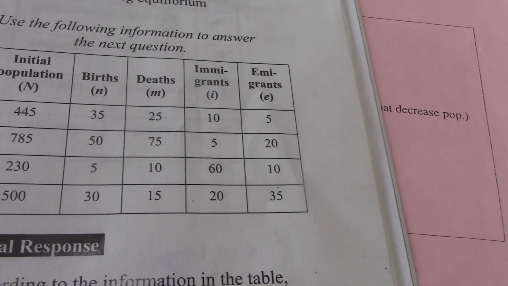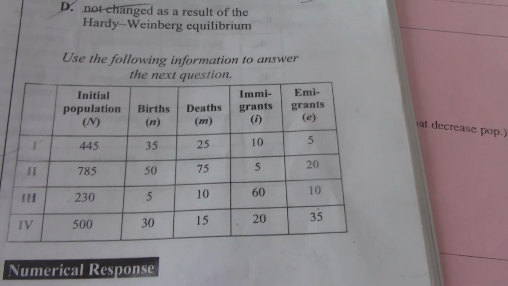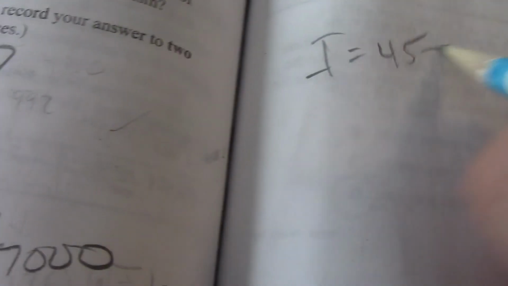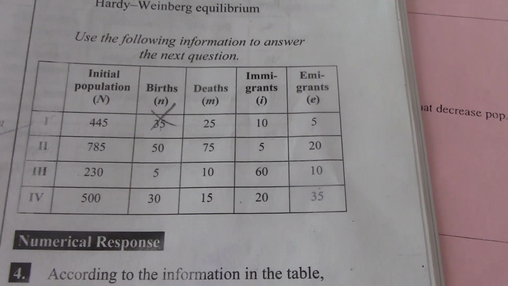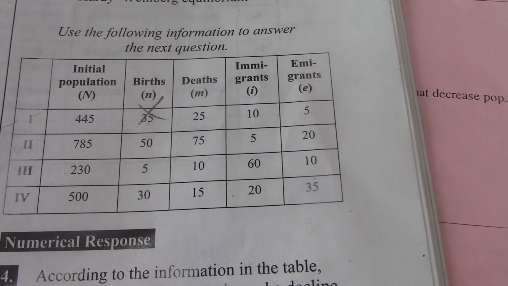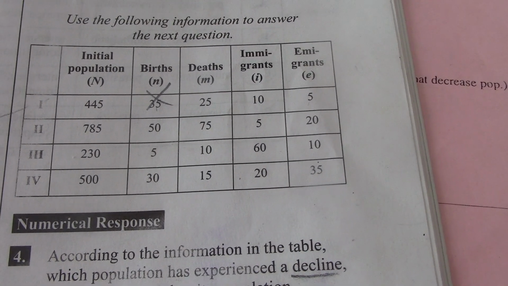So if I look at population 1, okay, population 1 would have 45 individuals that increased the population, and then 30 individuals that decreased the population. So that one's not declining. So that's not an option. If I look at population 2, we have